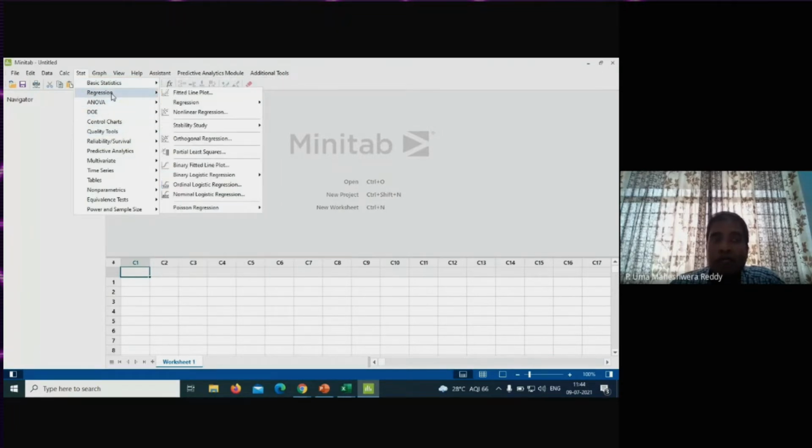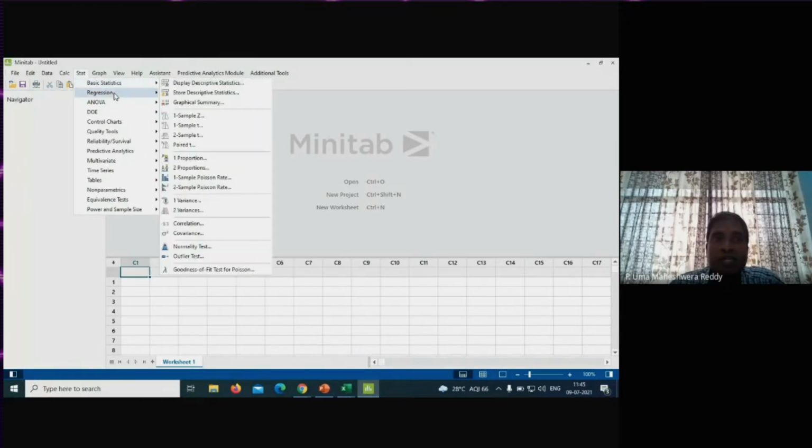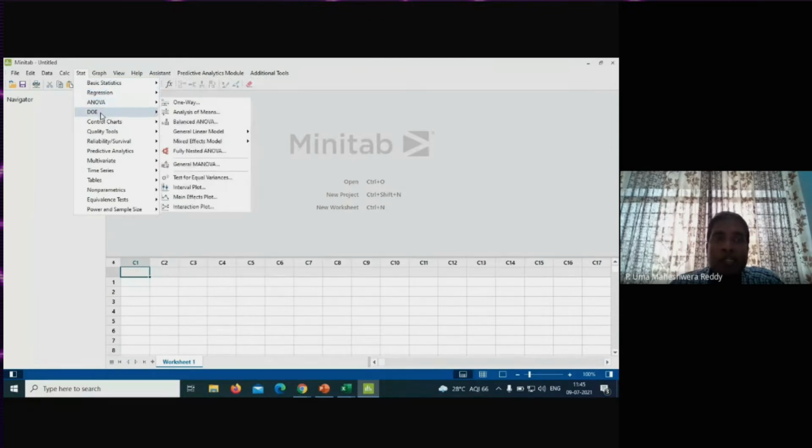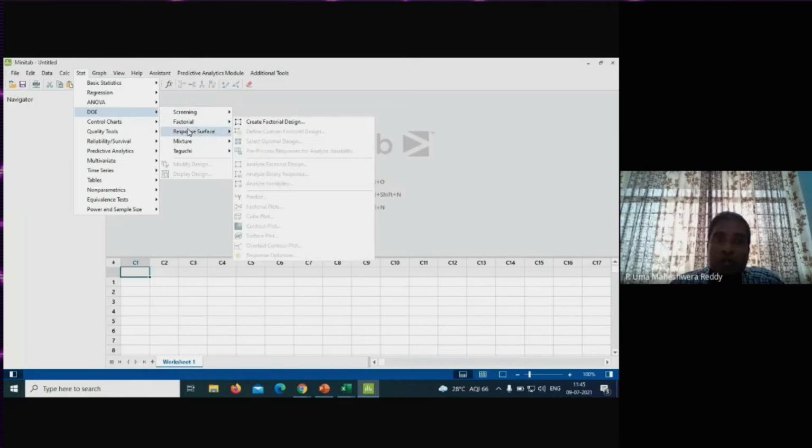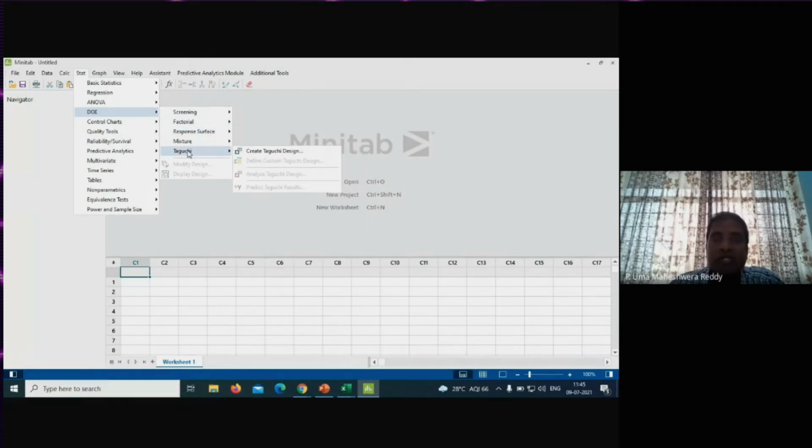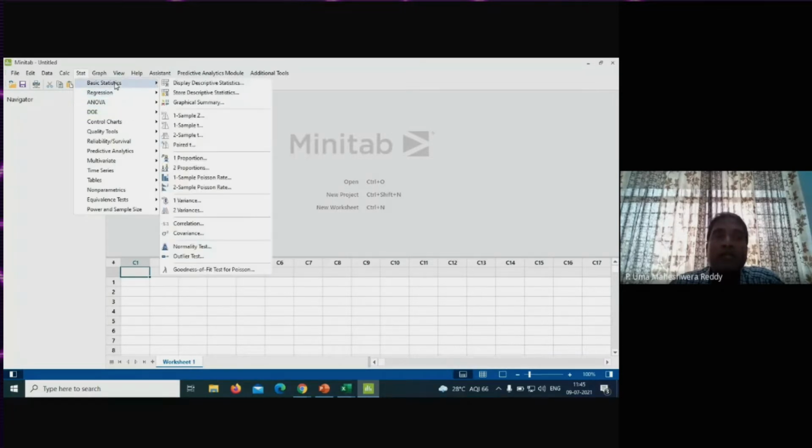Here I'm going to cover very important features: basic statistics, regression, ANOVA, and design of experiments using response surface methodology and the Taguchi method. These are the features I'm going to explain with the help of one research problem.